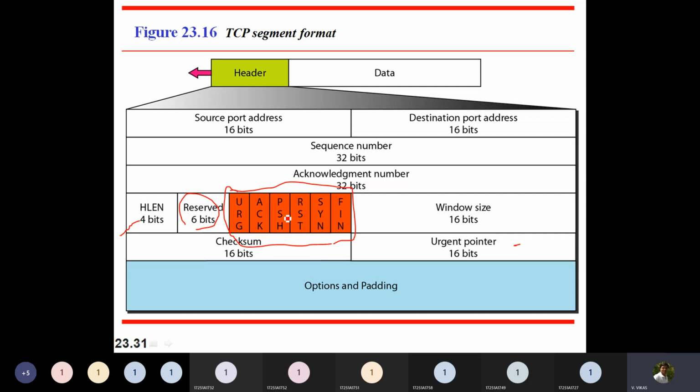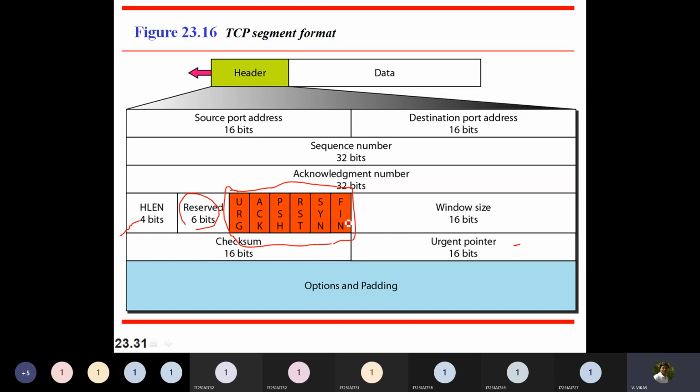If the data has to be pushed, then I'll have PSH. If you need to reset the connection because of some errors, then I'll use RST. If this is the starting message used for establishing a connection, then we use SYN. If this is the segment to close the connection, we use FIN.